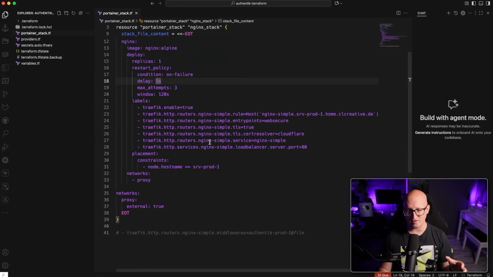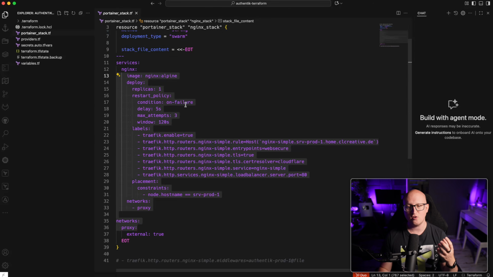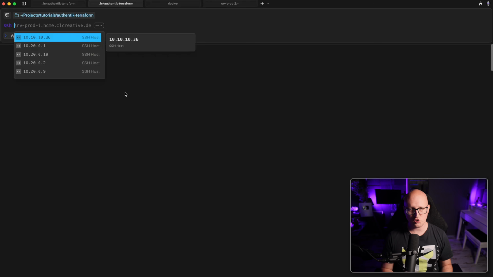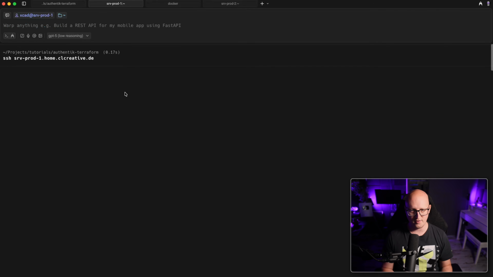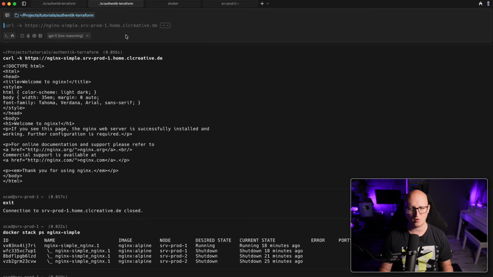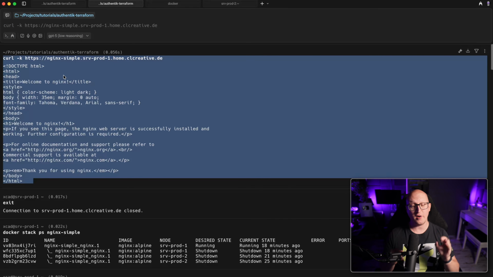So as you can see, this project already deployed a Docker Swarm stack. Let me quickly switch to my terminal and log into my server where this Docker stack is running. If we try to connect to this, you can also see the web server is running. But currently, we can just access this application without any authentication or user login,